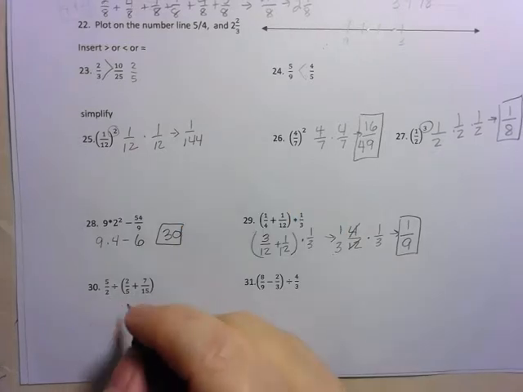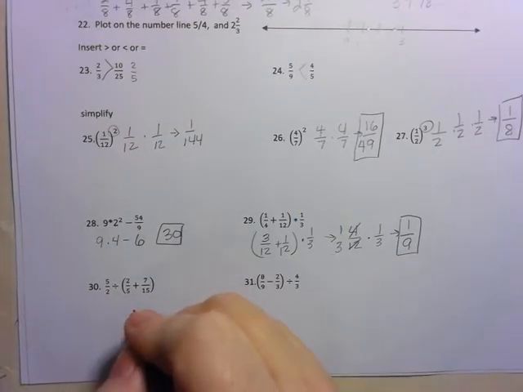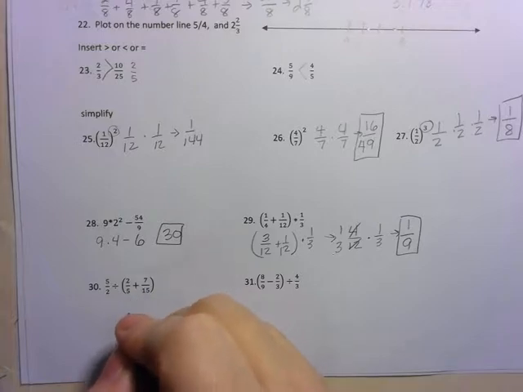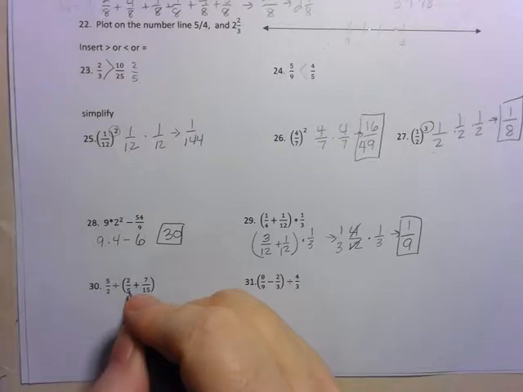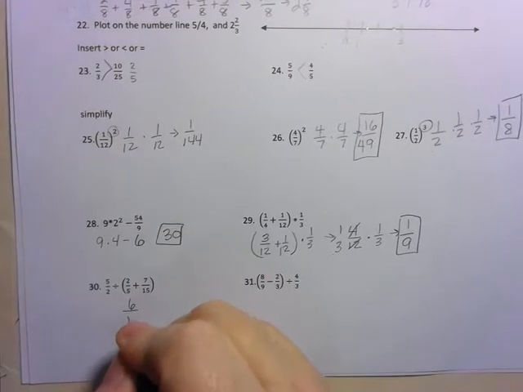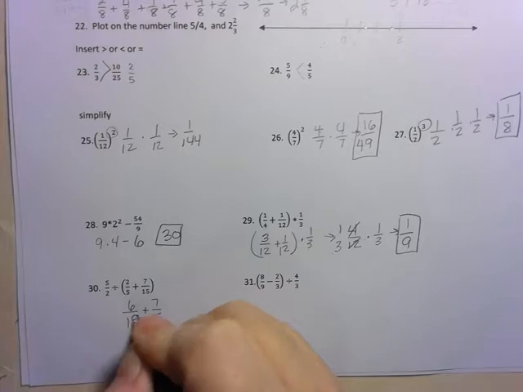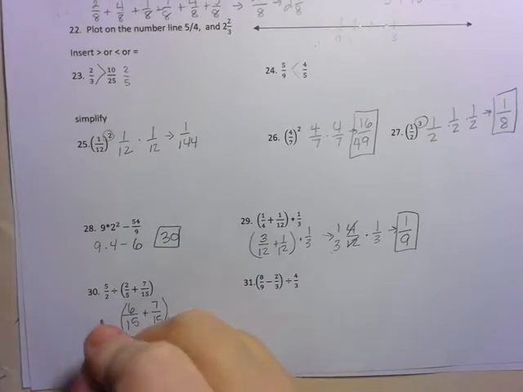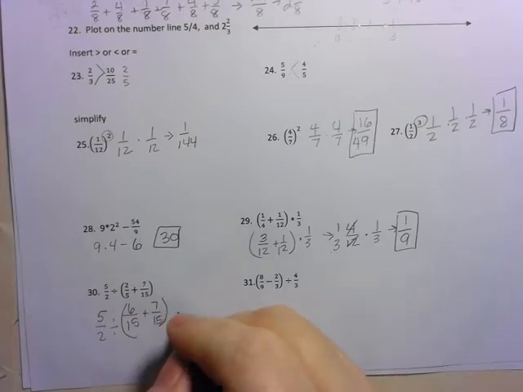My order of operations, I have to do this first, but first I need a common denominator. My common denominator would be 15. So I have to multiply 5 by 3 to get 15. So I have to multiply 2 by 3, so I get 6 over 15 plus 7 over 15. And I'm just rewriting it here. So this becomes